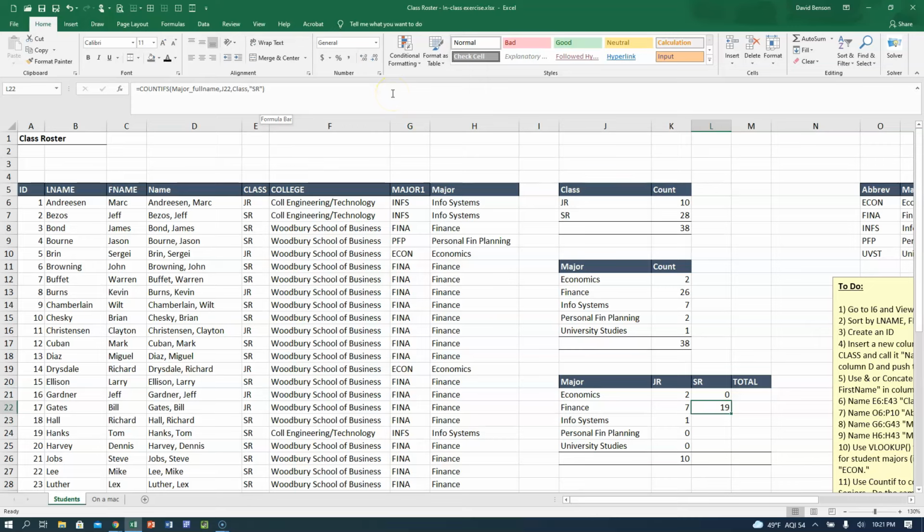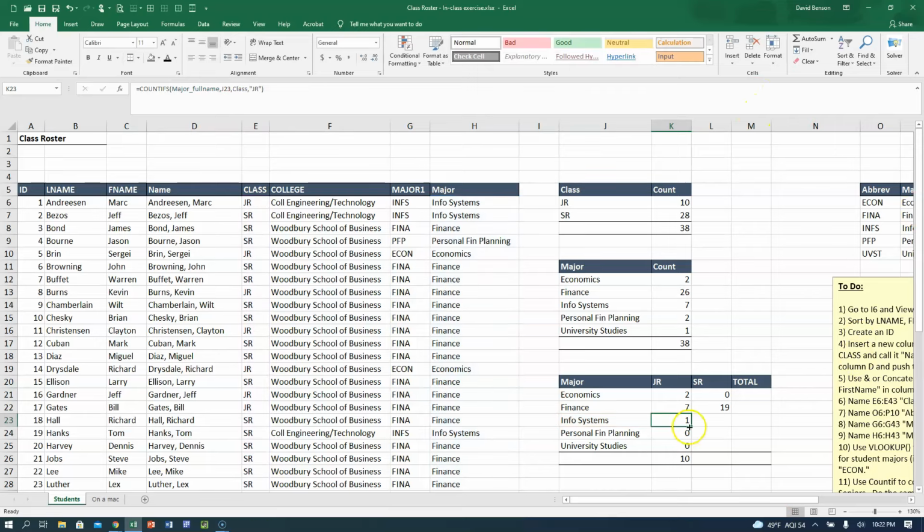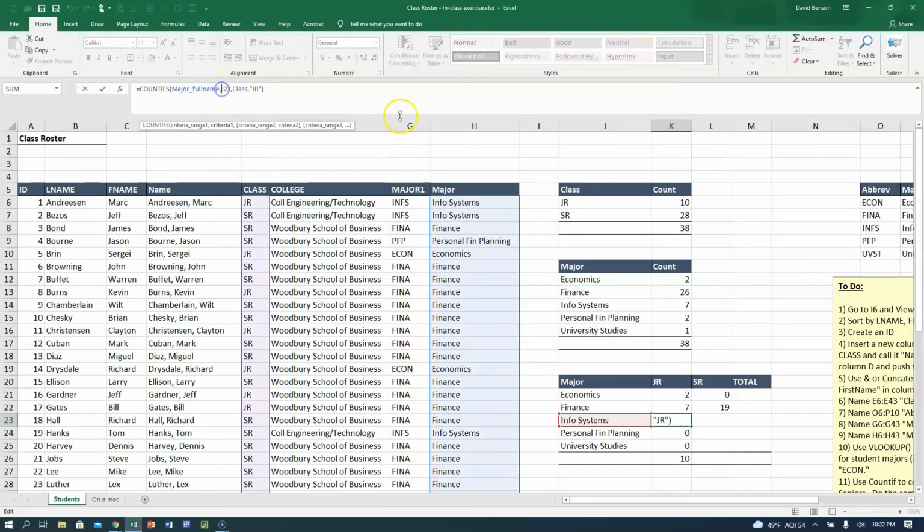But the reality of what we want is, you'll notice up here it just says J23. I want to change that from what is called a relative reference to an absolute reference, meaning I always want it to stick there in J23. And the way you tell Excel to do that is by putting a $ sign in front of it. So if I put a $ sign in front of that J,